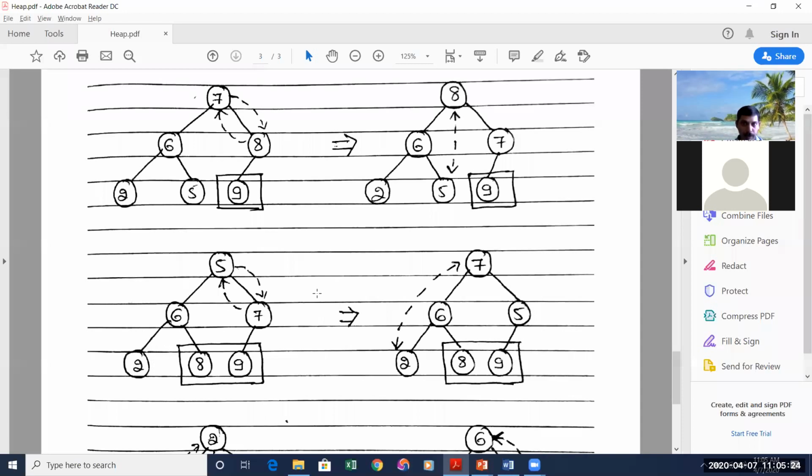Next step is heapify. See the root element, and see whether the parental dominance holds. So 5 is lesser than both 6 and 7, so parental dominance doesn't hold. Out of 6 and 7, which is highest? Highest is 7, and hence this 7 has to be brought to the root position. 7 will go to the position of 5, and 5 will be brought to the position of 7. So you have swapped 7 and 5.